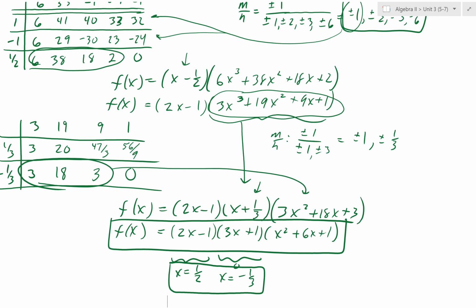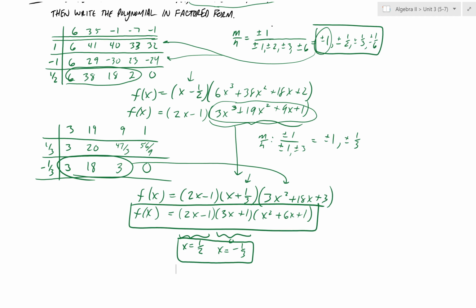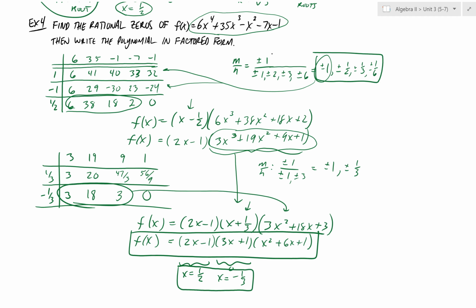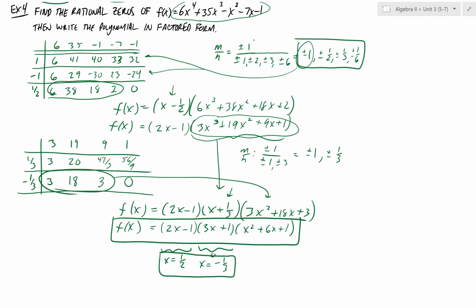But this is a 4th degree polynomial. So what are the other 2 roots then? They're definitely irrational. They could be real or non-real. We could tell by taking this third factor here. When is x squared plus 6x plus 1 equal to 0? If it's not factorable, what can we do? Quadratic formula. So if you take your calculator out, I gave you that nice fancy program so you can run the quadratic formula